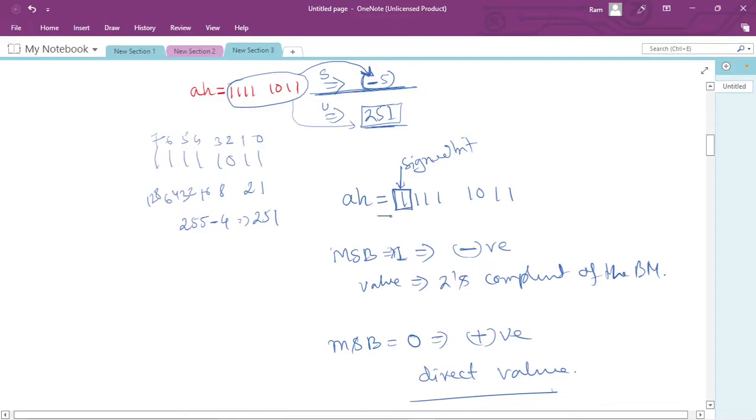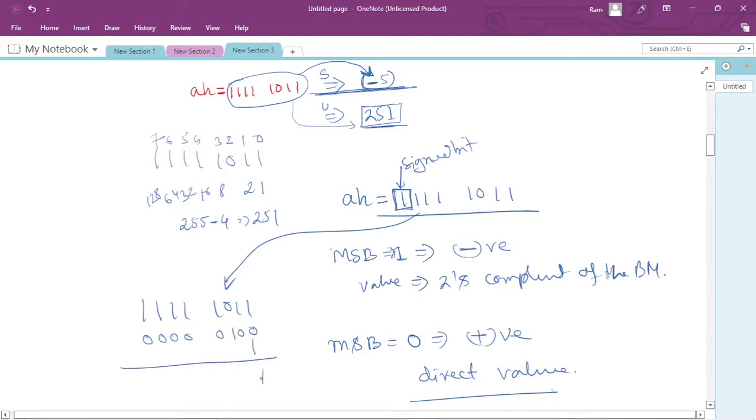And what is the 2's complement of this binary sequence? See, the binary sequence is 1 1 1 1 1 0 1 1. So how do we compute 2's complement? First, we flip the bits to get the 1's complement, so 0 0 0 0 0 1 0 0. And then we add 1 to it to get the 2's complement. So 1, then 1 plus 0 is 1, then 0, then 1, then 0, then 0 0 0 0. So this will be the value of the register